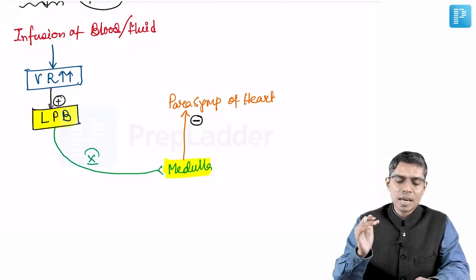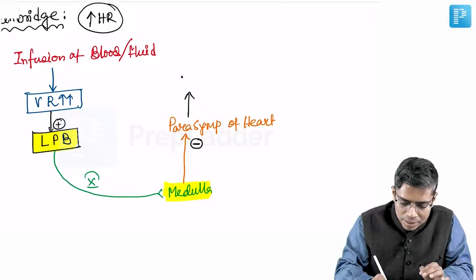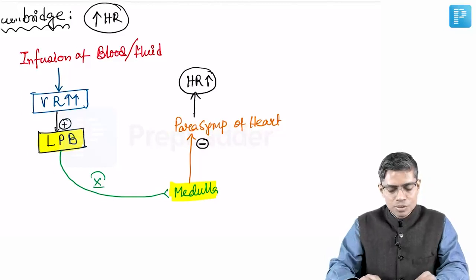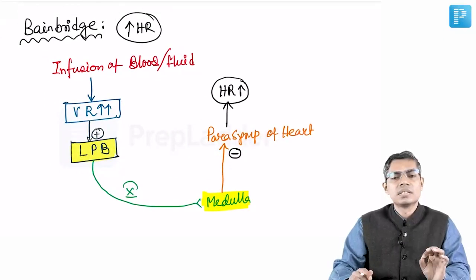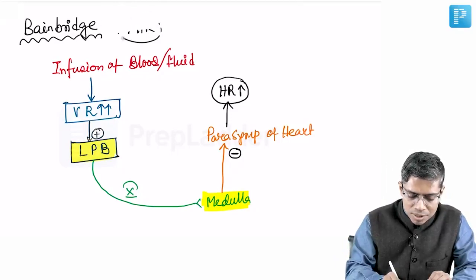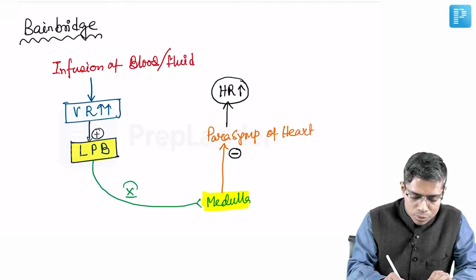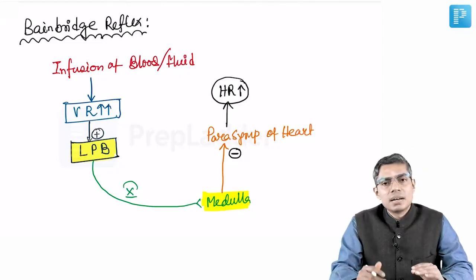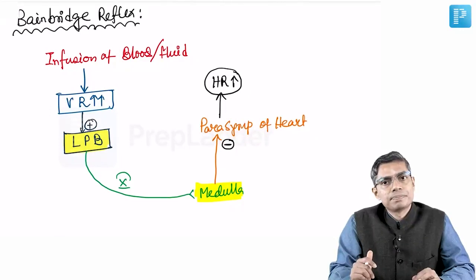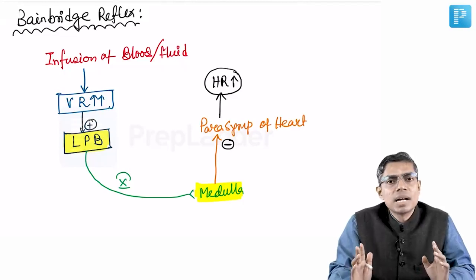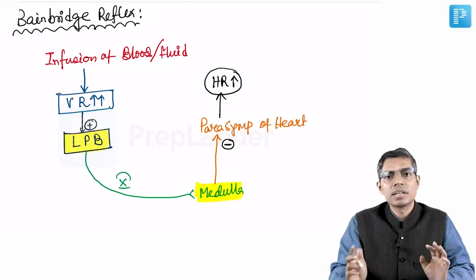Because of the inhibition of the parasympathetic system of the heart, what is going to happen? The heart rate of the person is going to increase. So this is known as the Bainbridge reflex. That's why I told you the initial observation of Bainbridge: if you infuse blood or normal saline, the heart rate increases, and now we know the reason is this reflex pathway. There is an MCQ, an experimental question, particularly in the INI set, that if you cut the bilateral vagus,